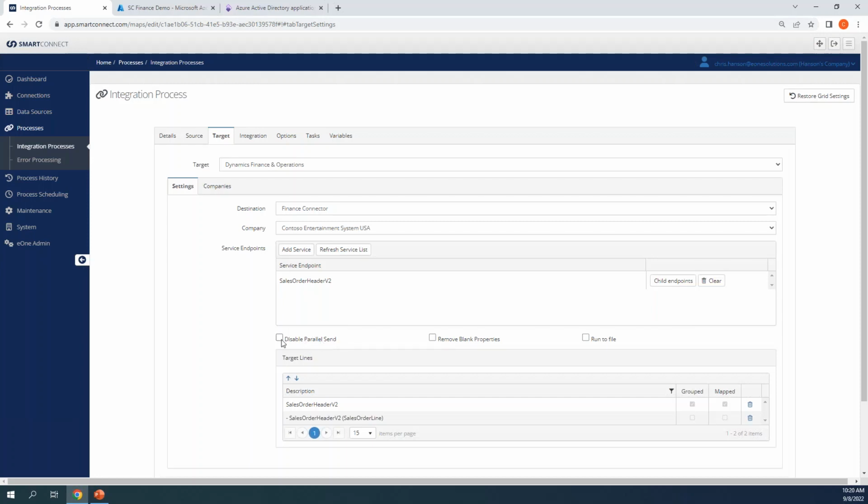But by default with Finance, we actually send those records in parallel. So if you're uploading, I don't know, 1,000 records into F&O, SmartConnect on the back end will determine how many different endpoints or instances of those services there are, and it'll actually split the record count out and send those all in at once. So you might split that 1,000 records into 5 parallel processes of 200 records each that are each going to their own OData endpoint for that same destination,